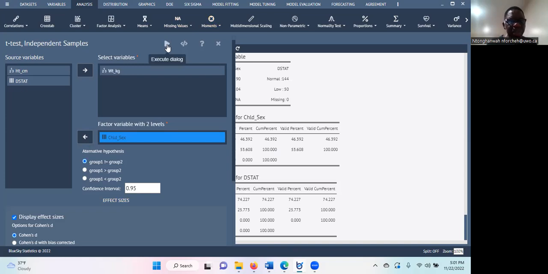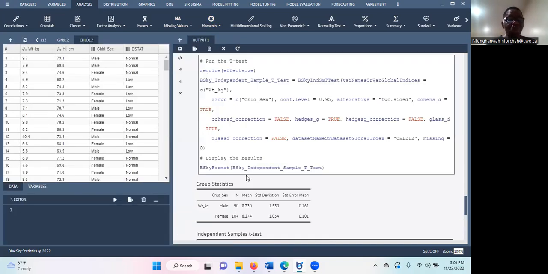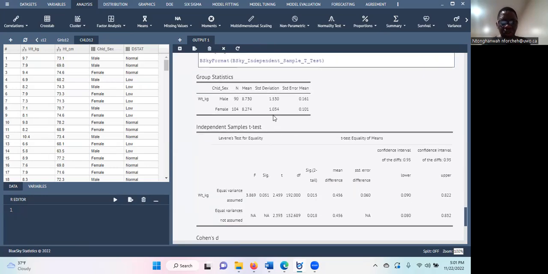Let's go and see. Just one thing, we could actually put all the variables in there. So if you remember, okay, now let's finish this first. So what do we have here? As we said before, we already have the statistics. The sample mean for males is 8.73. The sample mean for females is 8.27. The standard deviation